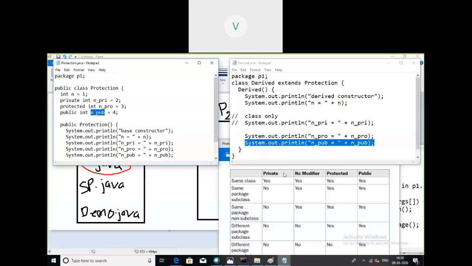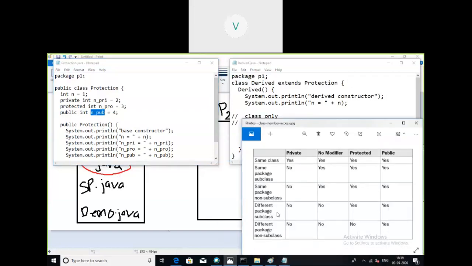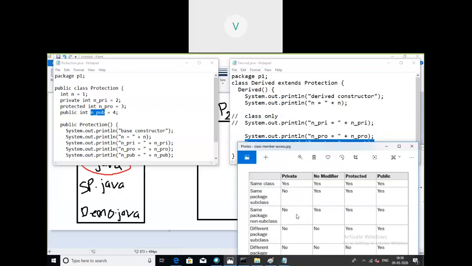Now coming to the third category, fourth category, what is it? Sorry, whatever I explained was for the second row. It says other than private, all are accessible.